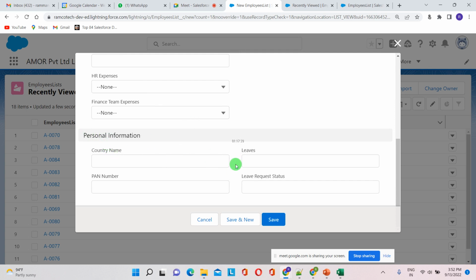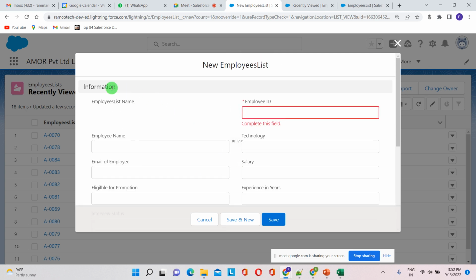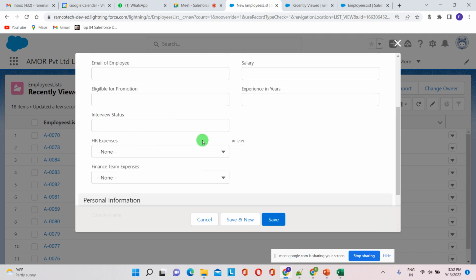There are two. If you want to change here, you can change. If you want to make any changes, we can go to page layout and change it. Got it? So now here,